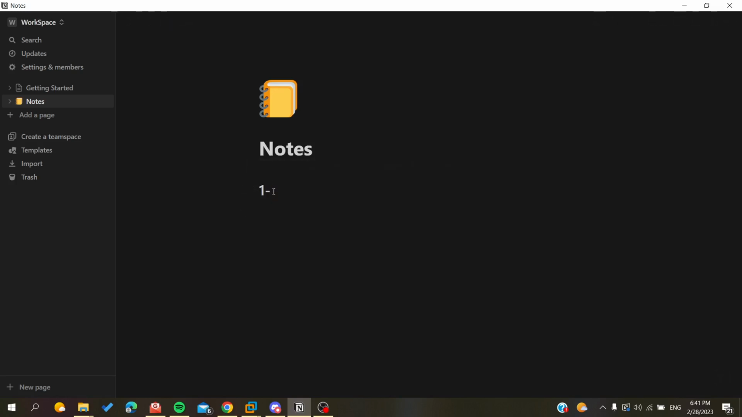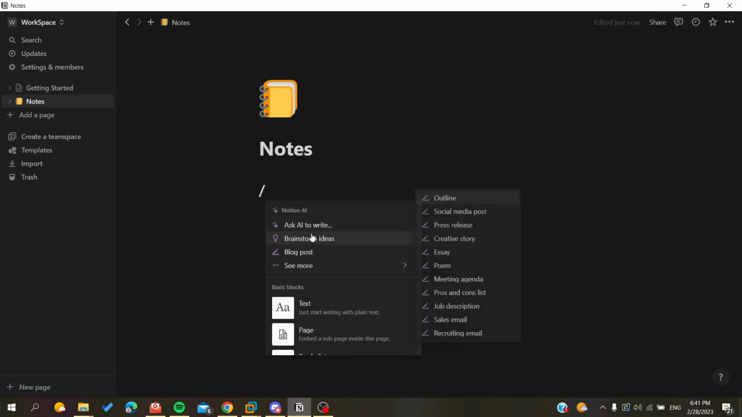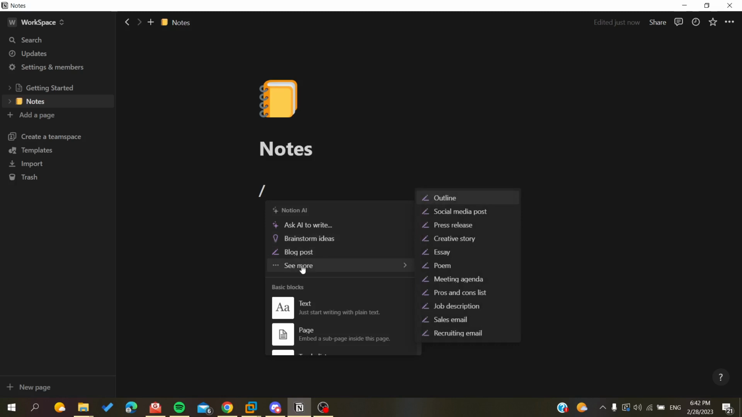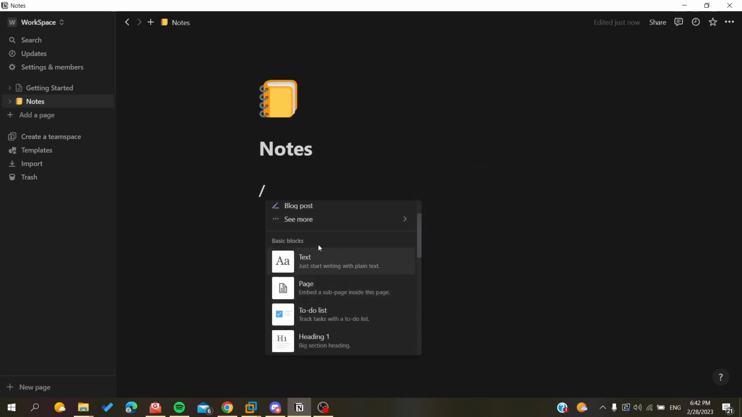You can create, for example, to-do lists. All you need just to write slash, and so you can have all the objects of the Notion application. You can ask the AI to write you something, or as you can see, brainstorm ideas, blog post. There are many features that you can use to create your notes and take your notes in Notion. If you want just the basic one, you can have the basic blocks, like having only a